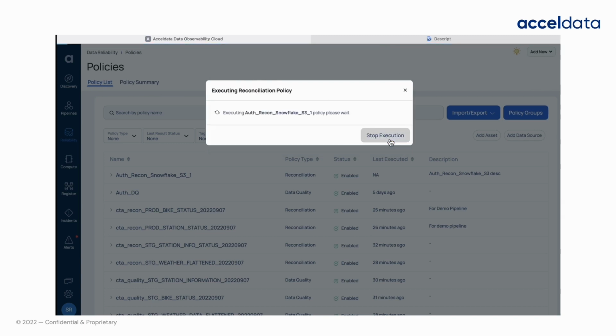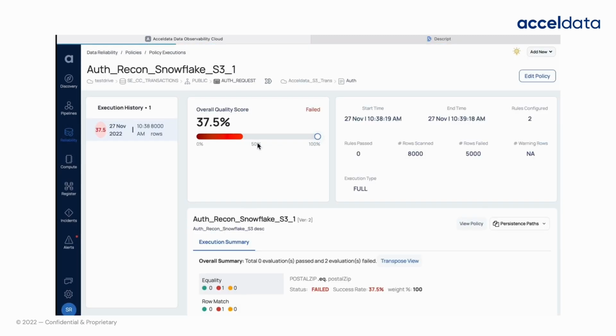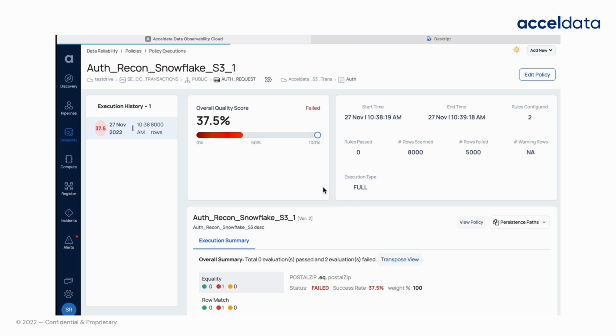After the execution of the policy, we can see the execution details and overall quality score. Here, as we can see, the quality score is 37.5%. That means only 37.5% records are successful against the data equality validation. We can create multiple policies like this and make sure the highest quality data is